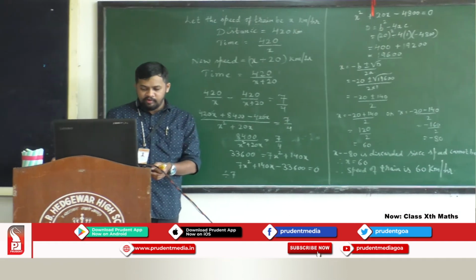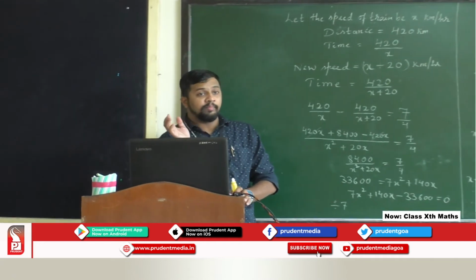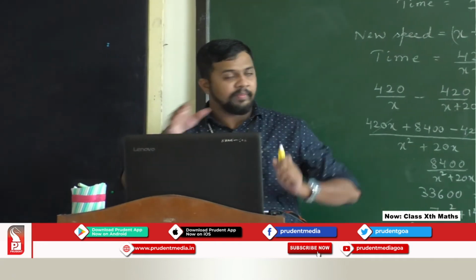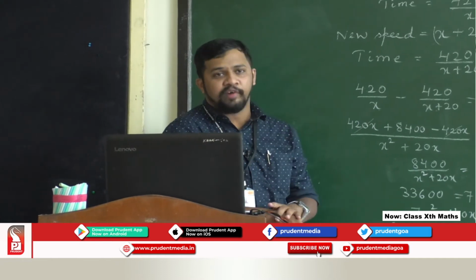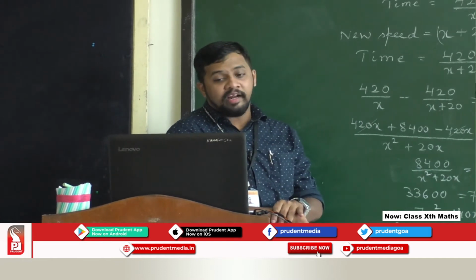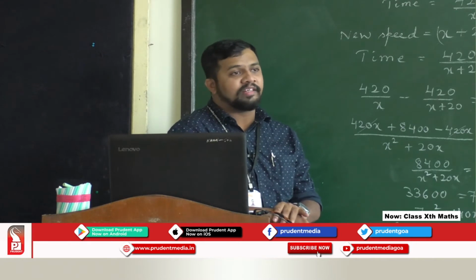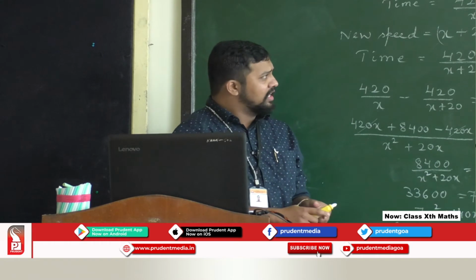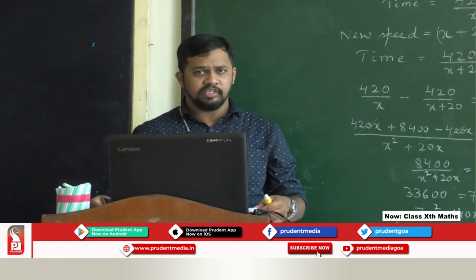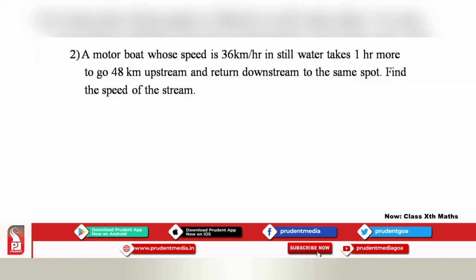Now, we are moving to the next problem regarding the boat and the river. They come under the topic of speed only, but the concept is different. The concept is something regarding one boat and something regarding the water, or maybe the river. So let me explain this concept to you first, and then we'll move to the problem. I'll not read the problem first.